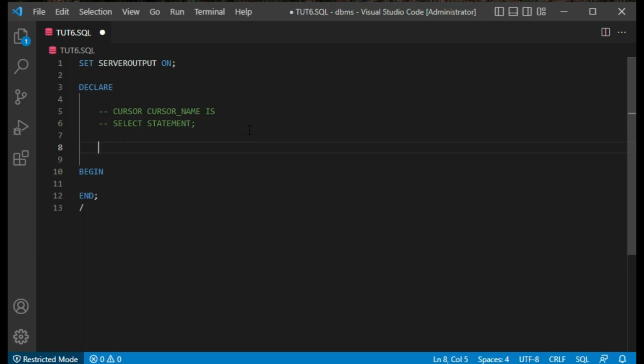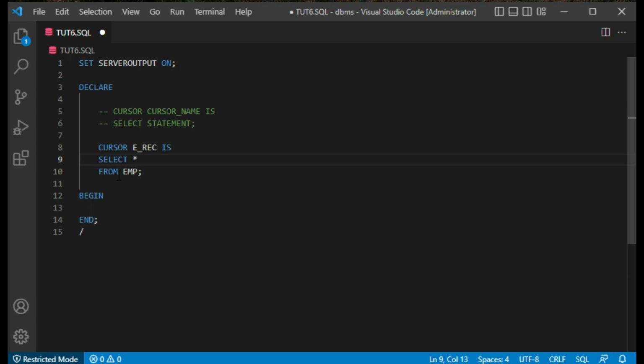I am creating one cursor, its name will be e_record. I am giving its name e_rec is select star from EMP. So guys, here I have created one cursor, its name is e_rec, and it retrieves all